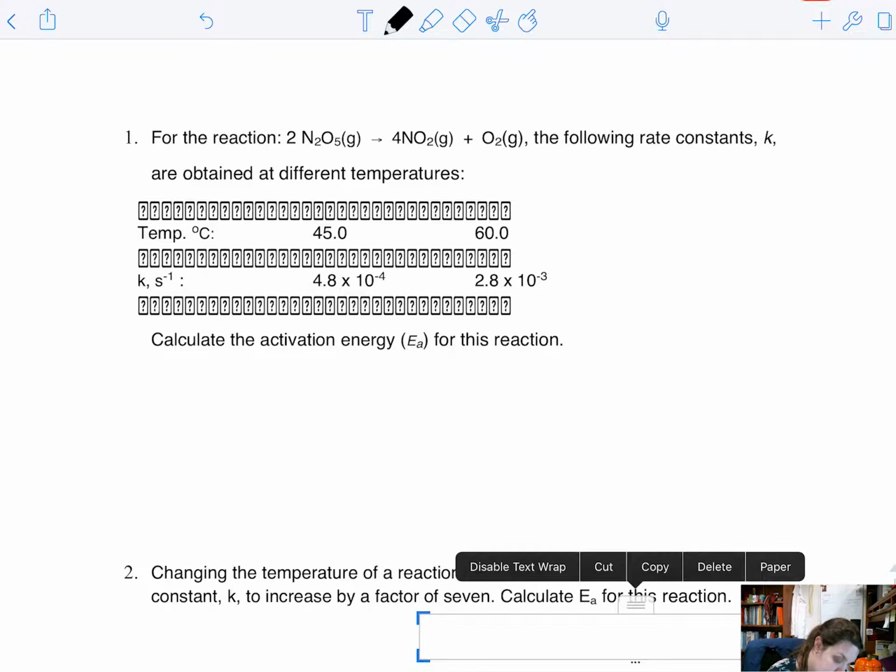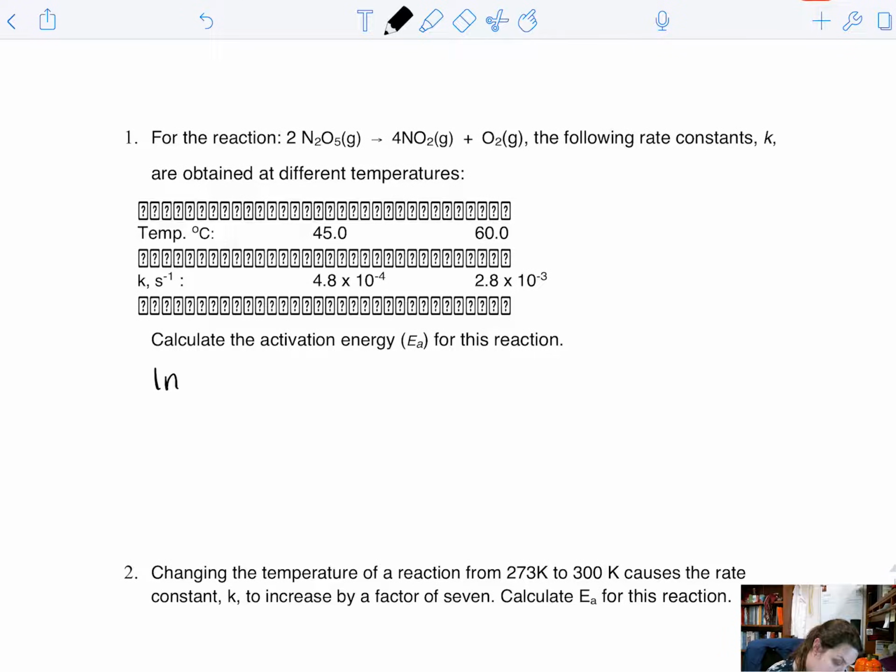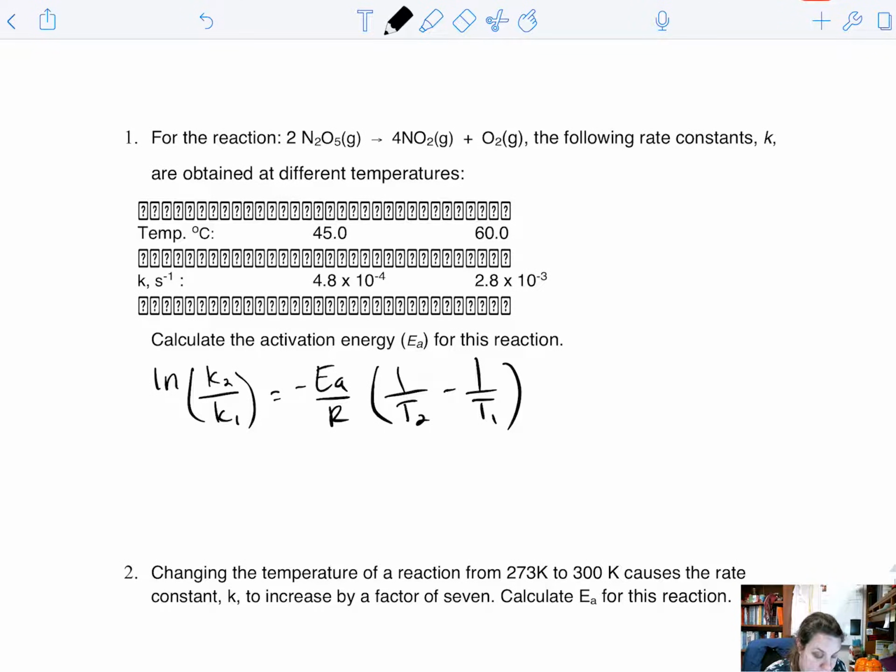So we have ln K2 over K1 is equal to negative EA over R, 1 over T2 minus 1 over T1. Again, it doesn't matter what we use as K1 or K2, as long as we use the same temperatures for T1 and T2. Here we're solving for EA, and the gas constant we want to use in this case is R equals 8.314 joules over mole Kelvin,